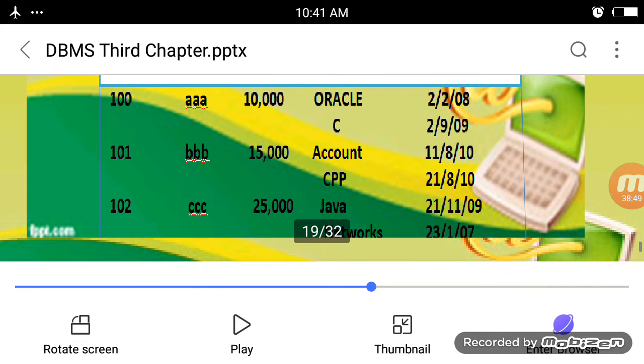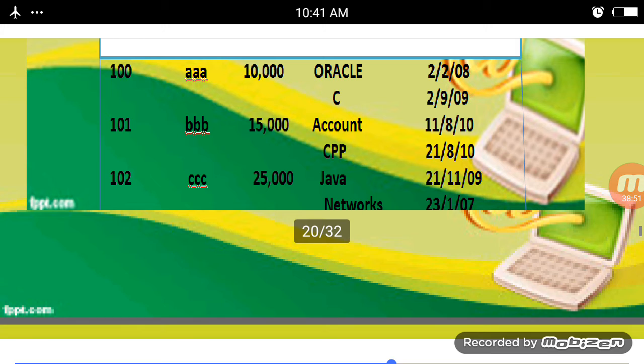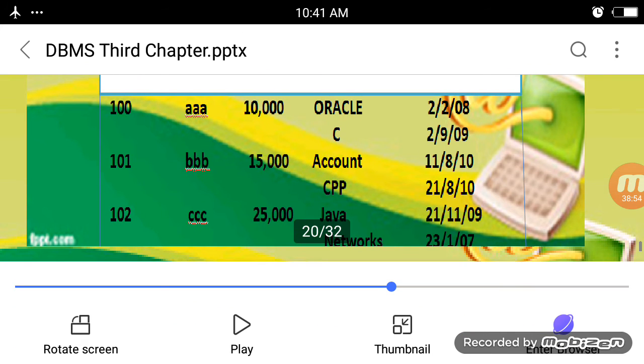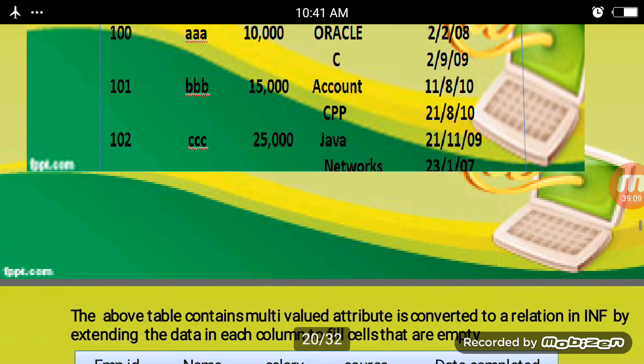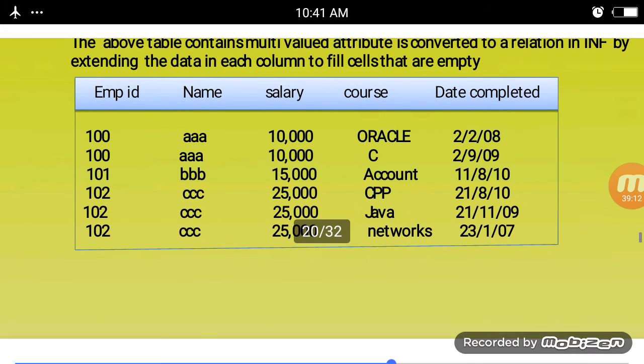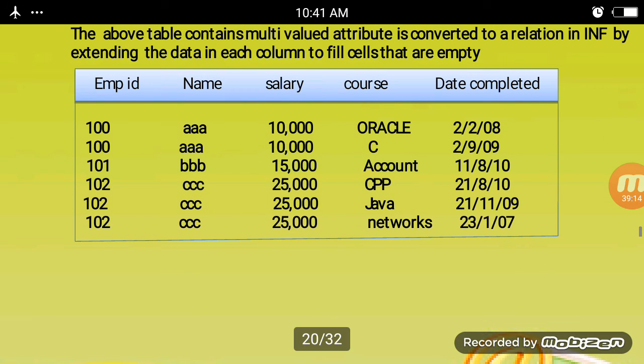In the first row, there are two courses and two dates completed, and the next one also has two courses and different dates. We are extending the data in each column to fill the empty cells, filling the empty cells between the earlier table and this table.